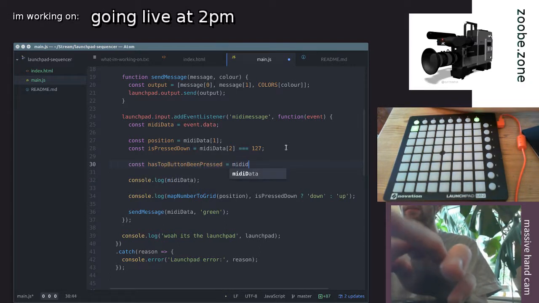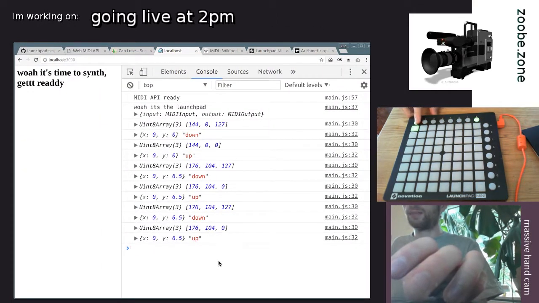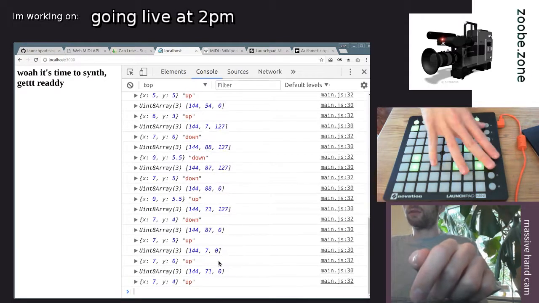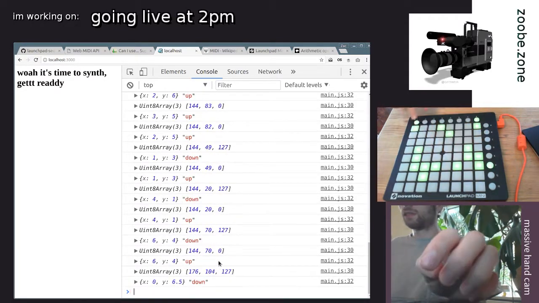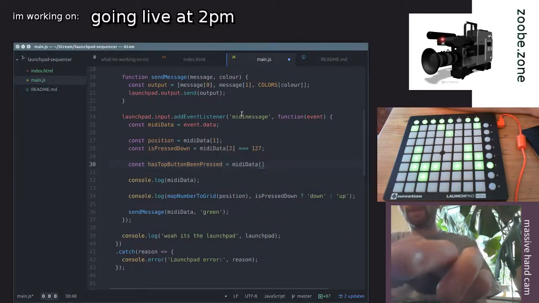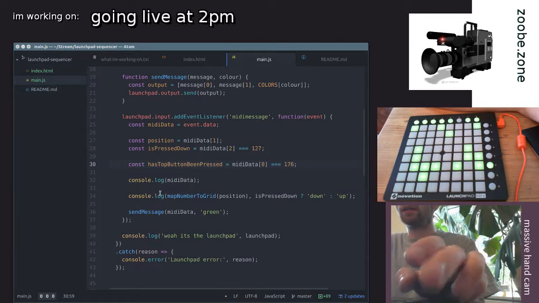And we know that because, as we said before, if you press this button, it's 176. If you press any of the others, it's 144. So we can detect that. So is that equal to 176? If that's true,